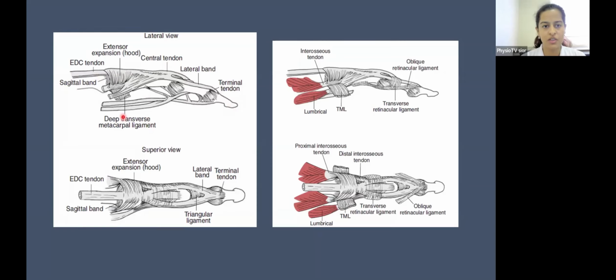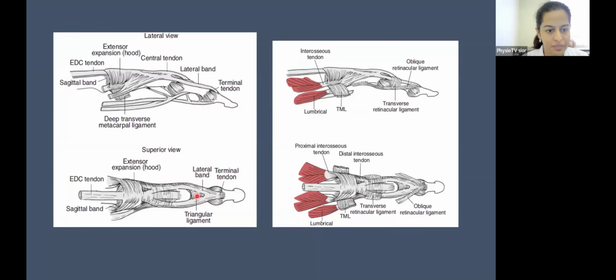In the extensor expansion, we have active components and the passive components. So in this figure, we can see all the passive components. Here, we have the dorsal hood, the sagittal bands, and the triangular ligament. These are the major passive components in the expansion. So the triangular ligament is seen just on the middle phalanx. It connects the lateral bands together and prevents the subluxation of these bands laterally, further laterally, and also connects it to the bone, that is the proximal phalanx,